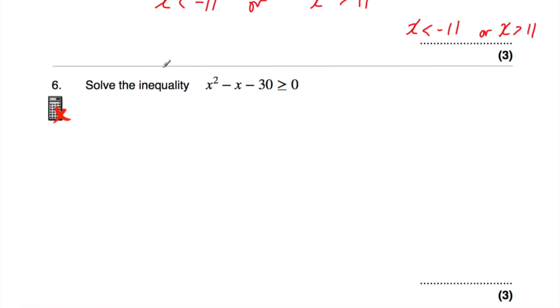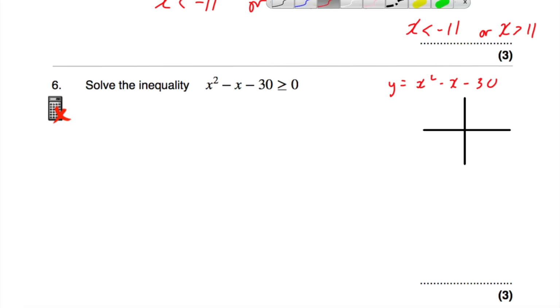Okay, our next question, question number 6, is solve the inequality x squared minus x minus 30 is bigger than or equal to 0. So again, let's sketch the quadratic of y equals x squared minus x minus 30. And then after we sketch that quadratic, we can find when it's bigger than or equal to 0. So let's sketch our axes, our x-axis and then our y-axis. And then let's label them x and y, and we want to find where this quadratic crosses the x-axis, so